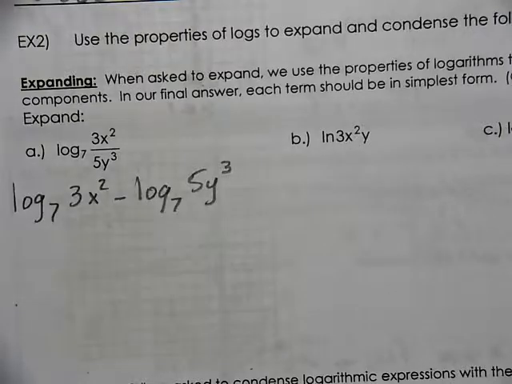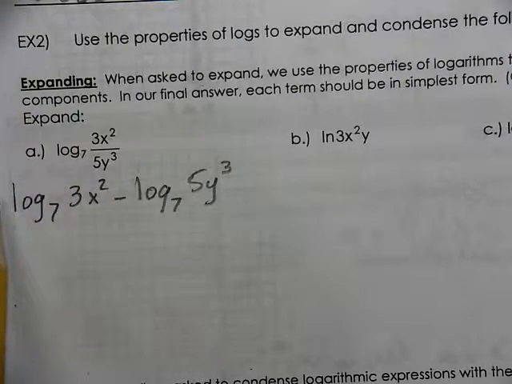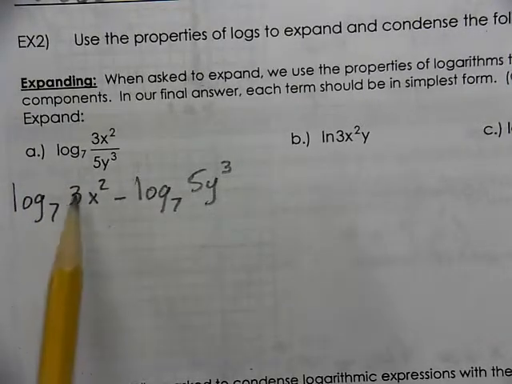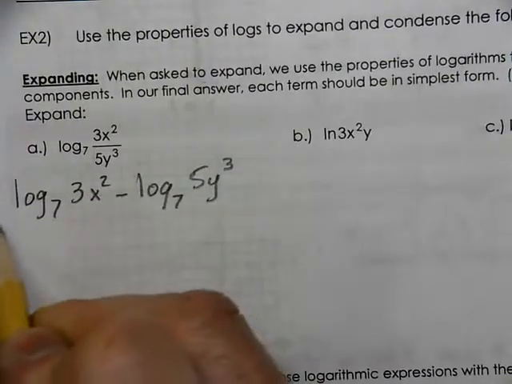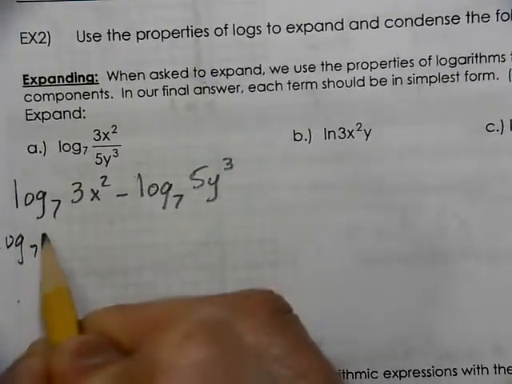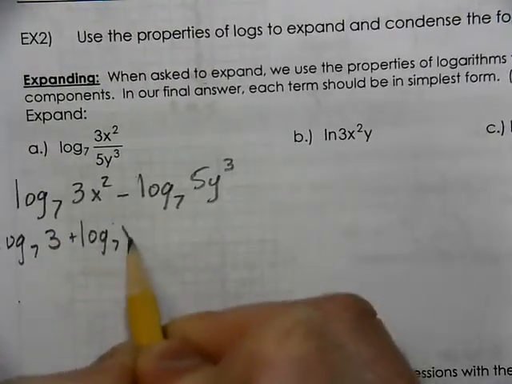What do you see next? A lot of people make the mistake and they bring the 2 all the way in front. You can't bring that in front yet. This is 3 times x squared. So we're going to say log base 7 of 3 plus log base 7 of x squared